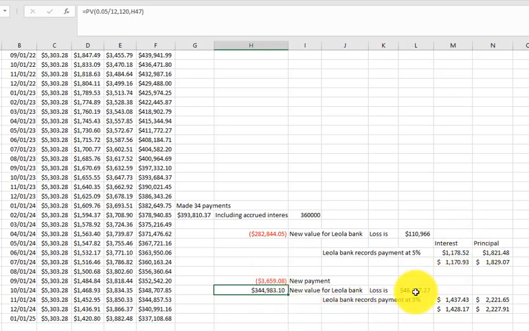And so the loss is only $48, the difference between $393 that we show that they owe us and the $343, the fair value of what we're going to receive in the future, because the loan value is always the present value of future cash flows, and that's what this is, the present value of the future cash flows. So loss of 48,000. We record that debit loss, credit note receivable, and then when we receive the payments,